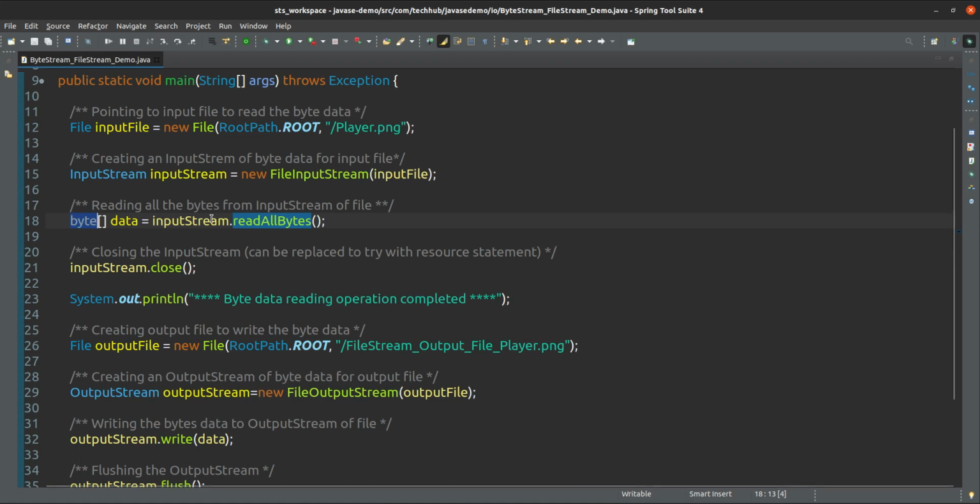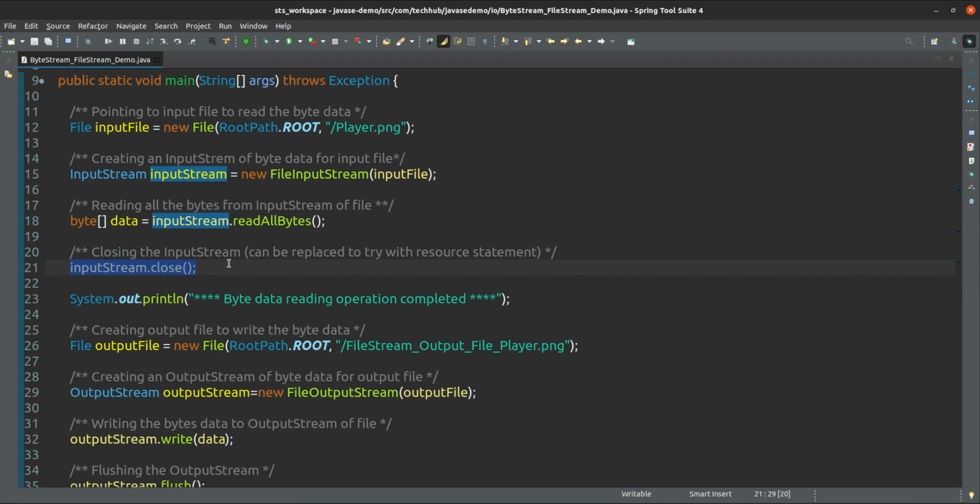After reading all the bytes from this input stream, from this player.png file, I am closing the input stream, because input streams and output streams should be closed after performing the IO operation. Once we have performed one IO operation, we have to close the input stream and output stream. But to close the output stream, we have to flush first.